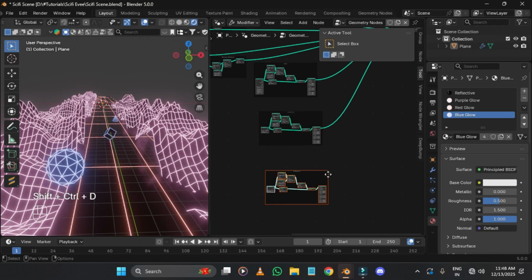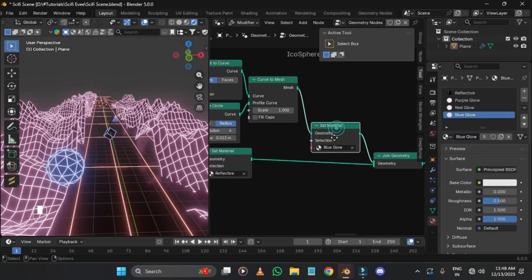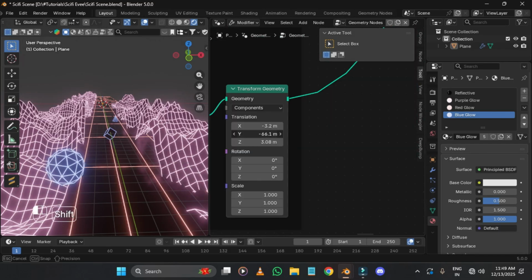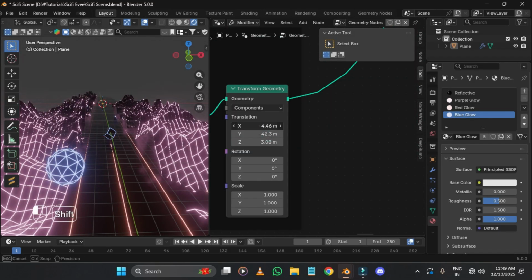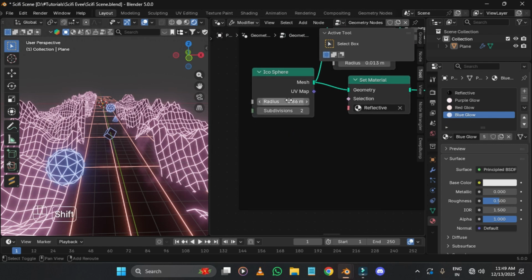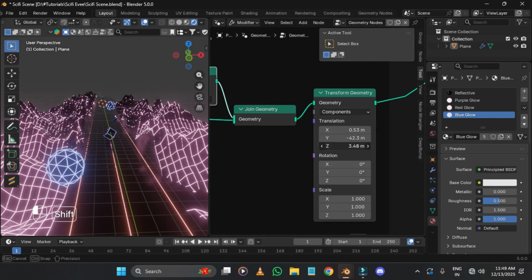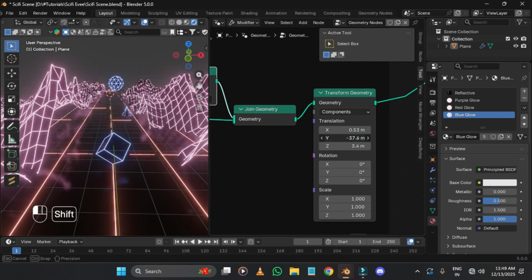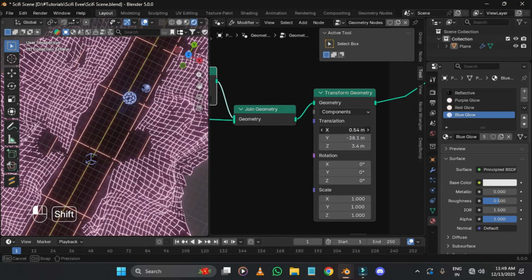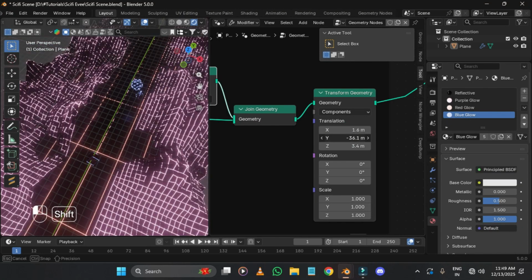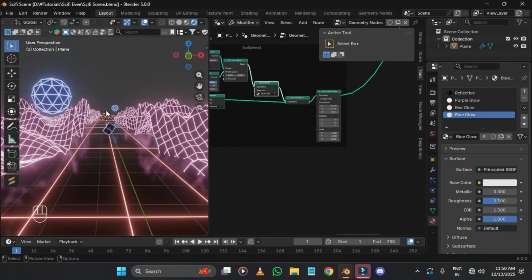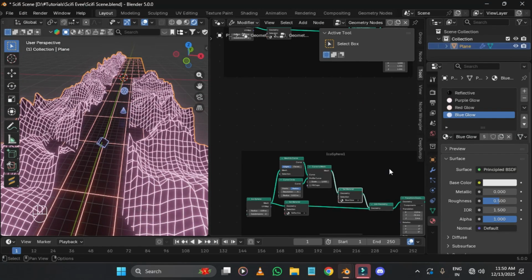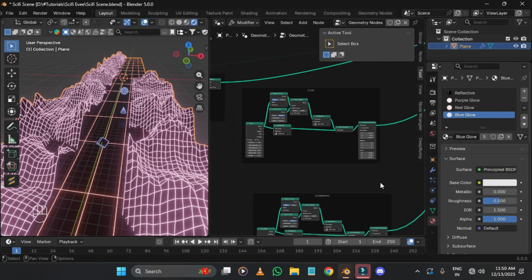Control Shift D and connect this to join geometry, and let's take it here. Let's push it back to slide here and make its size 0.88 and all this. Okay. Place it back like this, and also in x-axis like this. Make it more back. So now let's add another cone, but this time it will look like a triangle, so we